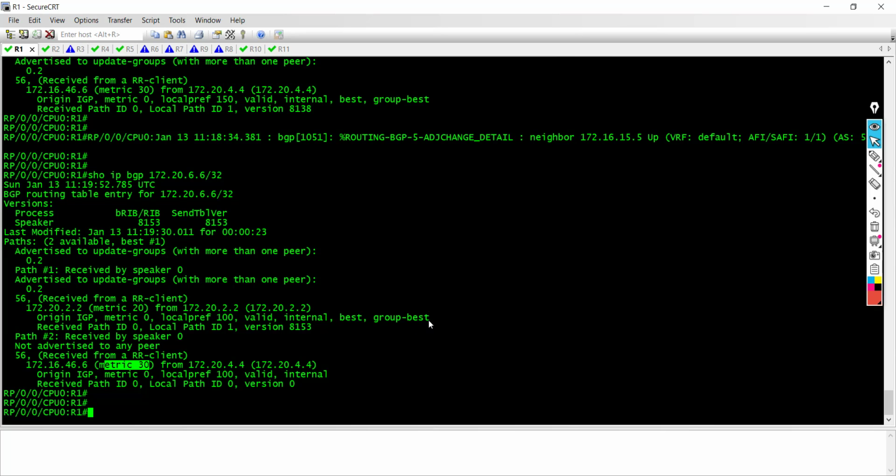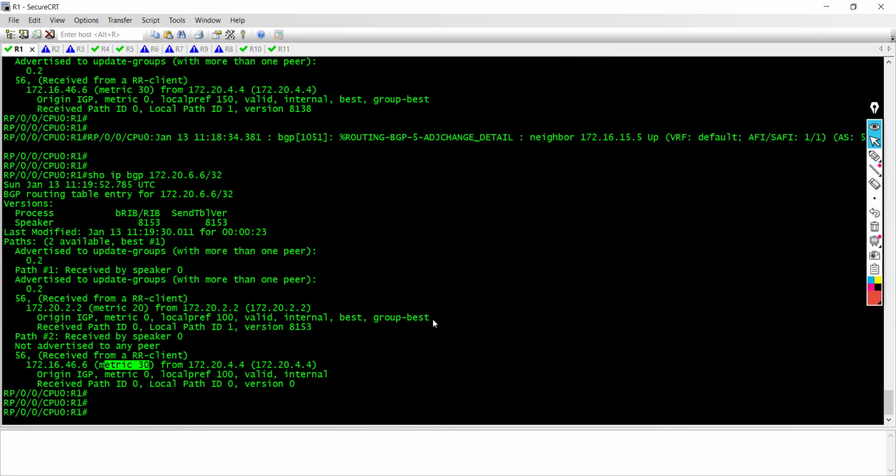That was why we. So sometimes, although this is not an exam situation, we have to really sit down and critically analyze it to find out, okay, why is router 1 choosing. Okay, it has two valid paths, right? But it's picking router 2 as the best path because the IGP metric to the next hop is shorter, which in this case is 20. But if it's going through router 4,